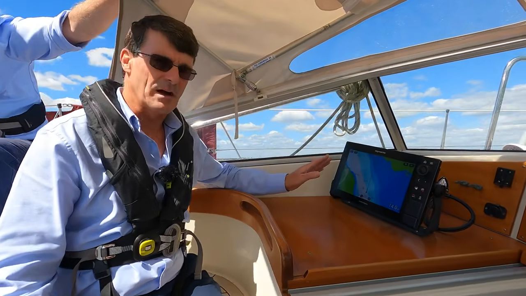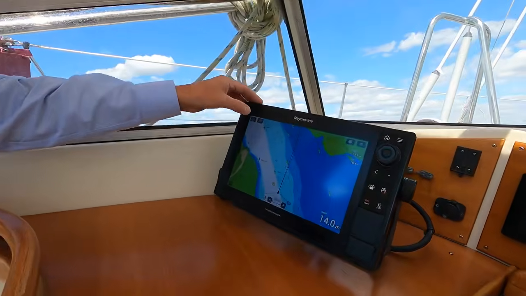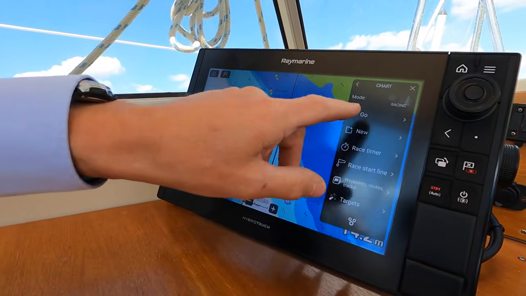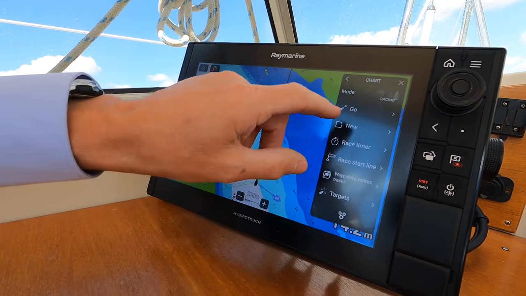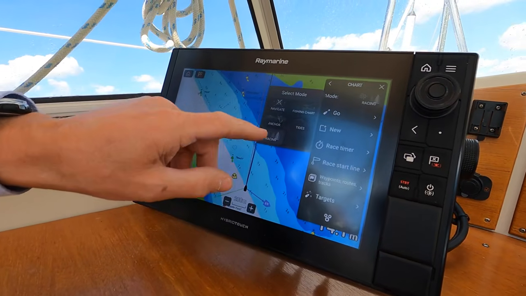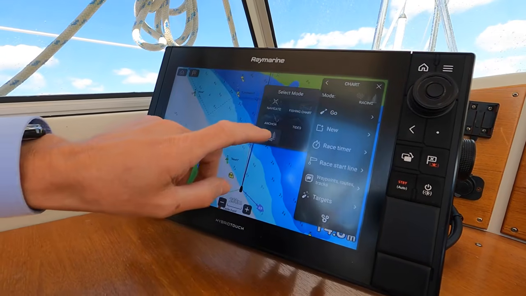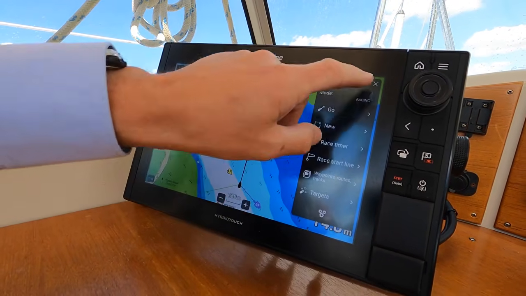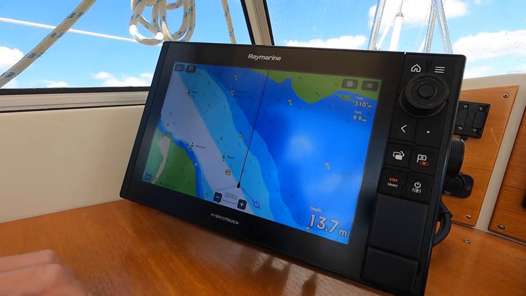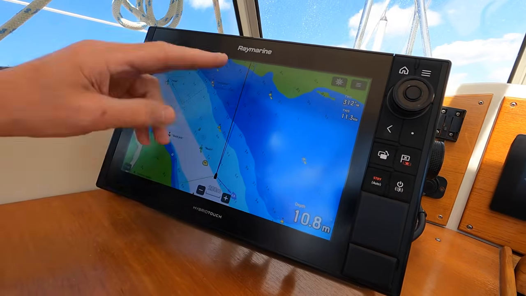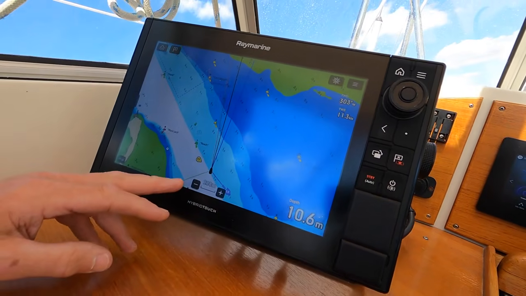To set up ley lines on a boat, the first thing you need to do is to go into the appropriate race screen. Within the chart you have different modes. You have the normal navigate modes, but for the purposes of this we use the racing mode. Click on that, and now we're in the racing mode. You now have your boat displayed with some interesting vectors: your course over ground, your speed over ground, and your